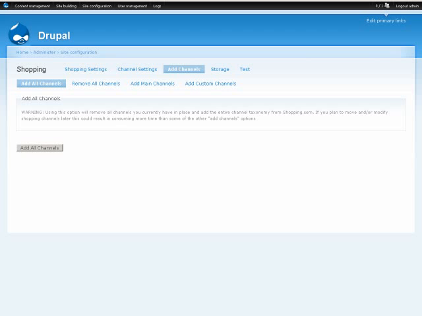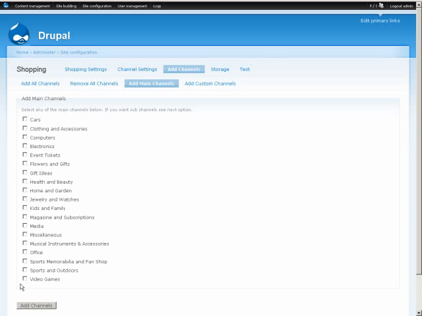This is probably one of the greatest parts of the module, the ability to create a flexible shopping website. Let's run through each option. We can add all channels, which includes subchannels or subcategories. Remove all, add only the main parent channels, or we can customize. Let's take a look at the main channels. Here are the parent channels or the parent categories under the Shopping.com API tree. So we could choose which ones we want to show here as a navigation system,